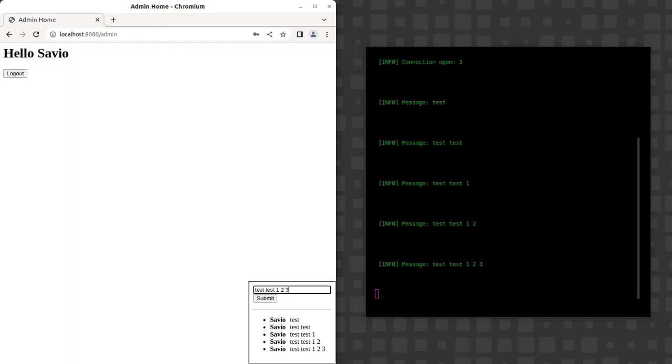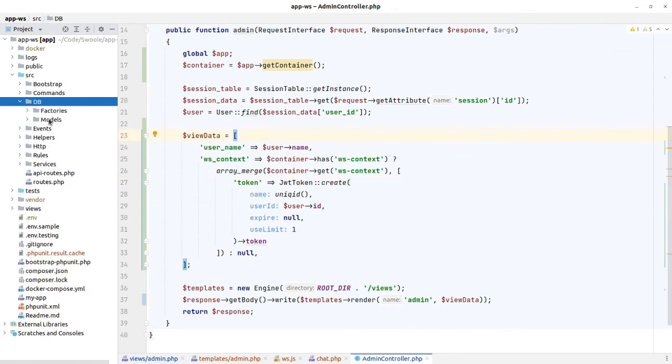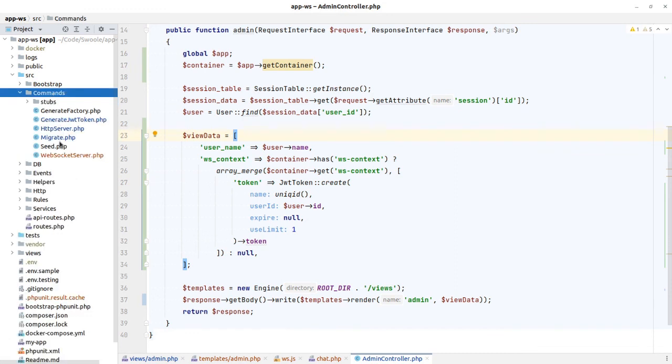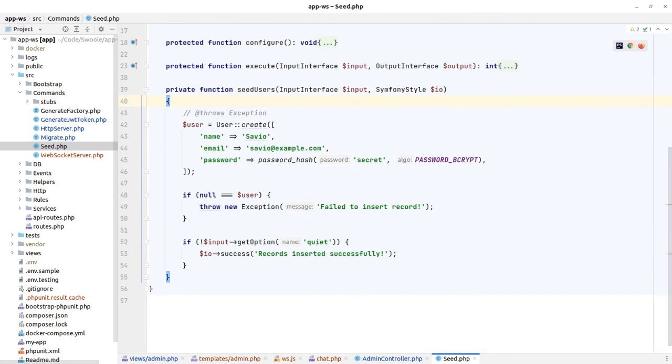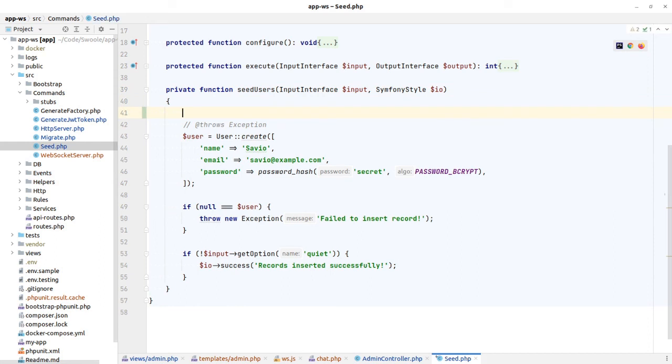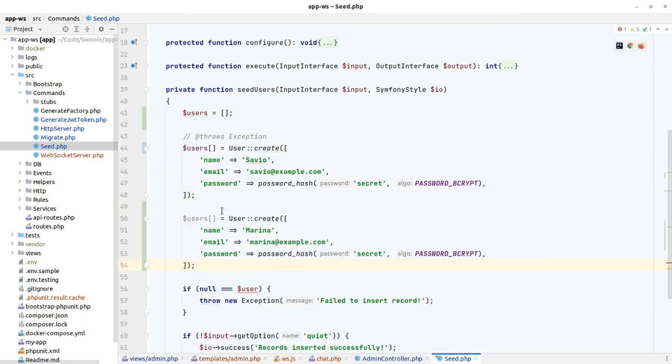So let's go there and add another user to our seed. So going back to our code here, we're going to the commands, and the seed command. We have a method called seed users. We'll go there and we are going to add our other user. So here I'm going to change a little the strategy. Now that we have more users being added, let's do it like this. So now we can bring the other user I'm creating,